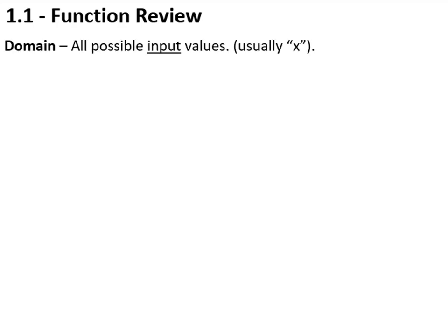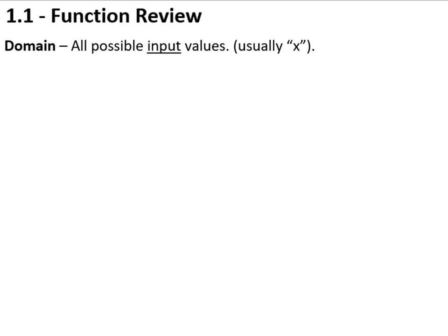Okay guys, so today we're going to talk about function review as our first unit. And so we're going to start off with some pretty important definitions here. Specifically, we're going to talk about domain and range to start. Okay, so the domain of a function has to do with all possible values we can plug in to our